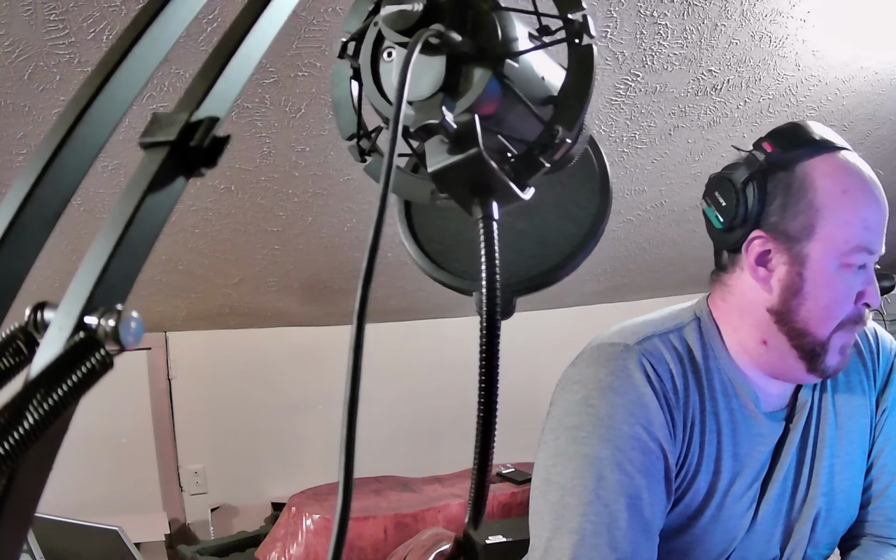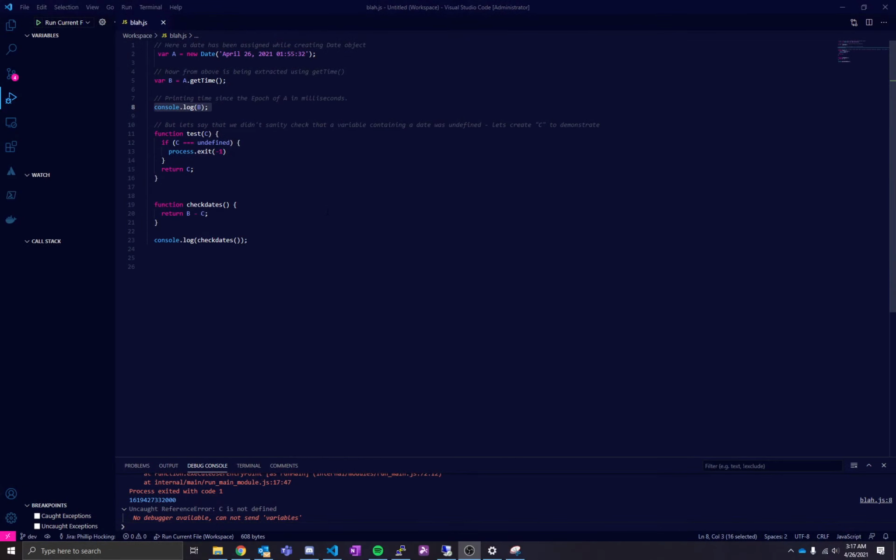So it's really just that simple, that there was a function that whatever programmer had created was expecting a value, a really long value in milliseconds or seconds. And when that value did not return something, it's called sanity checking in programming, where we verify that an input is sanitized and meets the specification of what we're expecting for a function. And so in order to avoid this sort of thing, we have here in our function test, if our input is undefined, it exits.